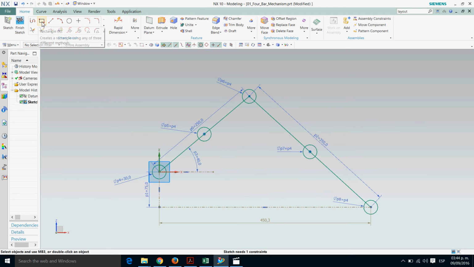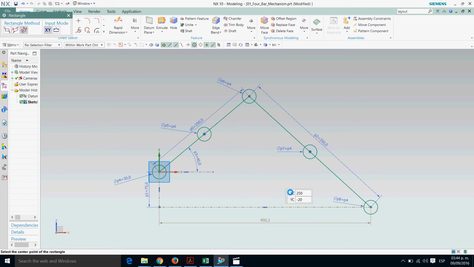And then we need to create a rectangle. This one has to have the option of from center as a method of creation. It means we're going to create the center of the rectangle, then a midpoint on your right vertical line, and then the end point of the same line. So click here, and then to your right, and then upwards. Escape,